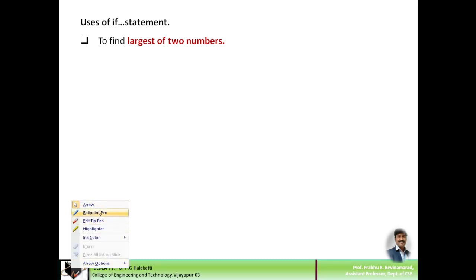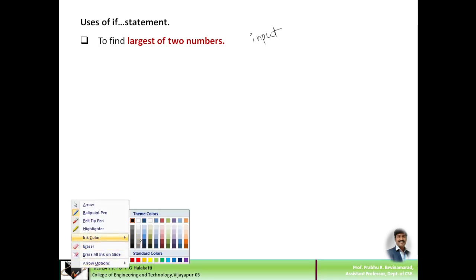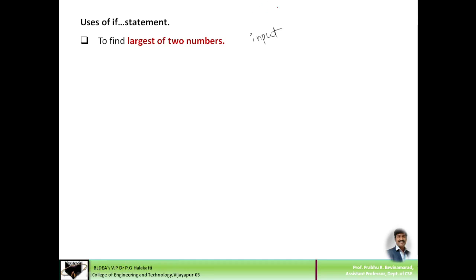Suppose you want to find the largest of two numbers. If I give input as, say, 5 and 20, assume 5 is stored in A and 20 is stored in B. What I want to know is which number is the bigger one out of these two values.